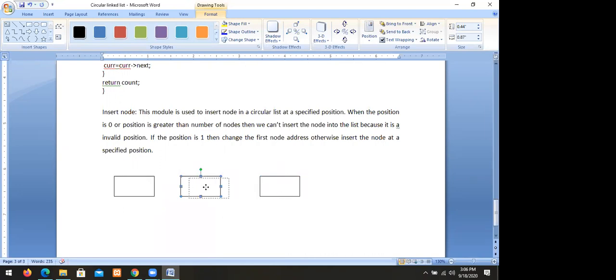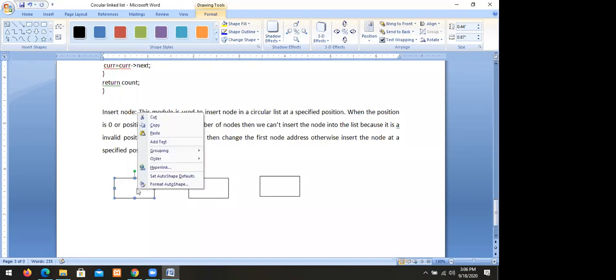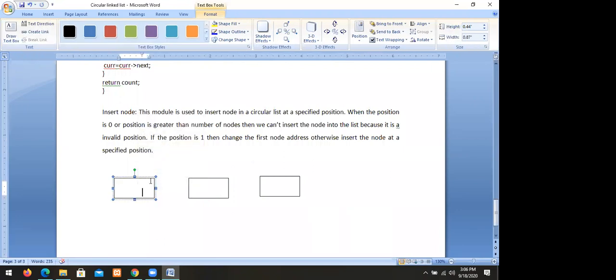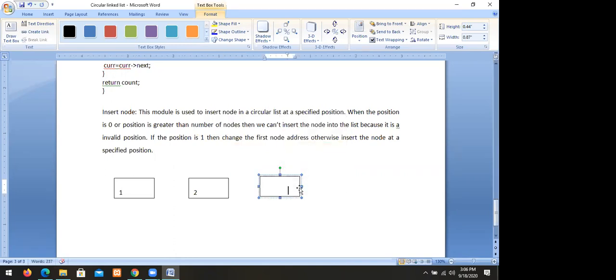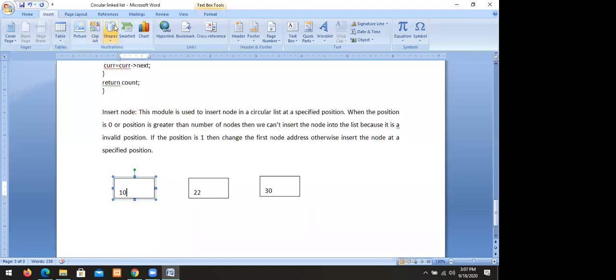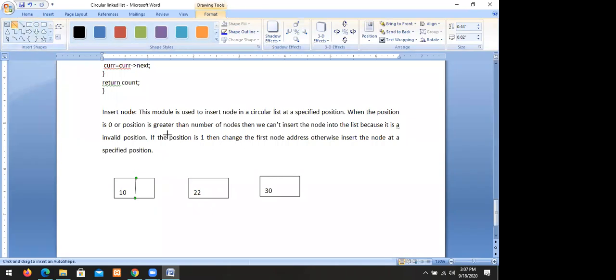Let us assume that there are 3 nodes. This is the first node, this is the second node, and this is the third node. Instead of the third I will use 30, 22, and 10. So like this we have 3 nodes.